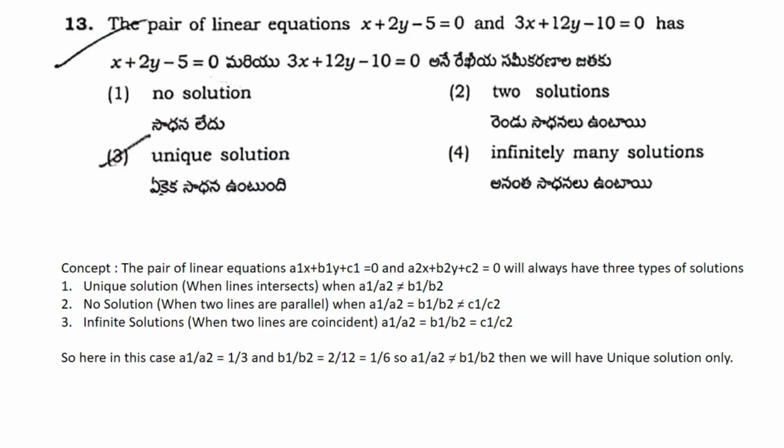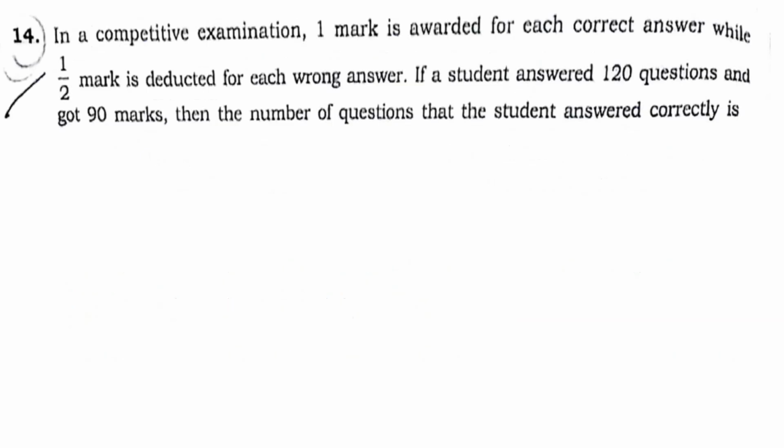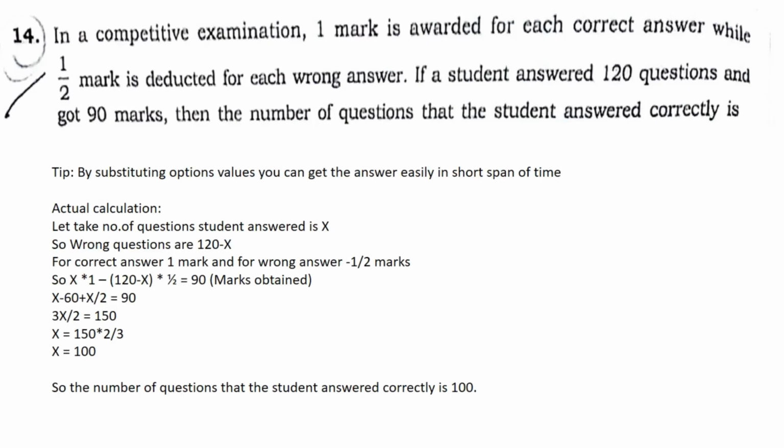Right? So coming to the next question, in a competitive examination 1 mark is awarded for each correct answer, while 1 by 2 mark is deducted for each wrong answer. If a student answered 120 questions and got 90 marks, then the number of questions that the student answered correctly is. So the tip for you is, by substituting option values you can get the answer easily in a short span of time. So for this type of question, just try to substitute the option values so that you can get